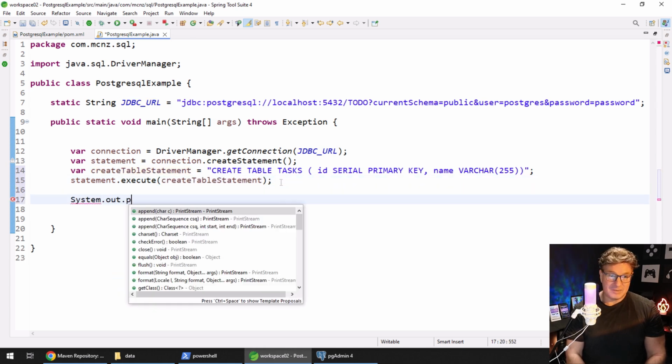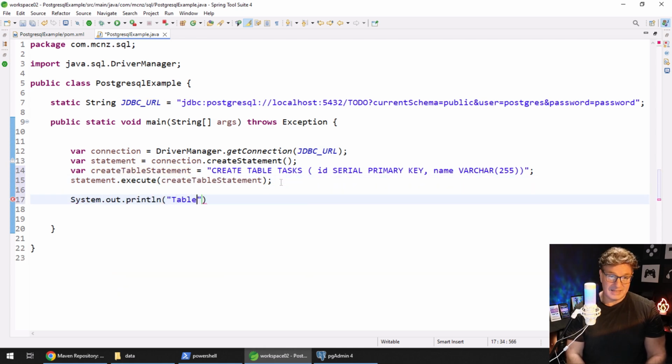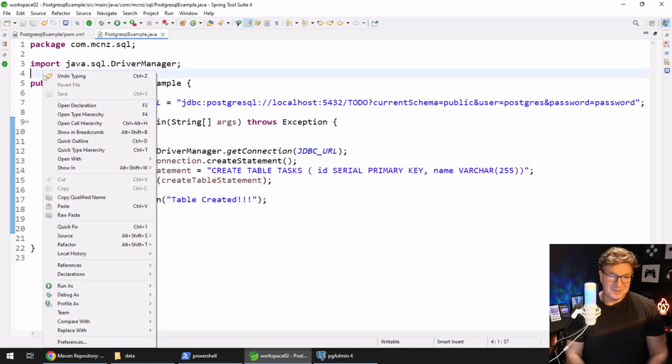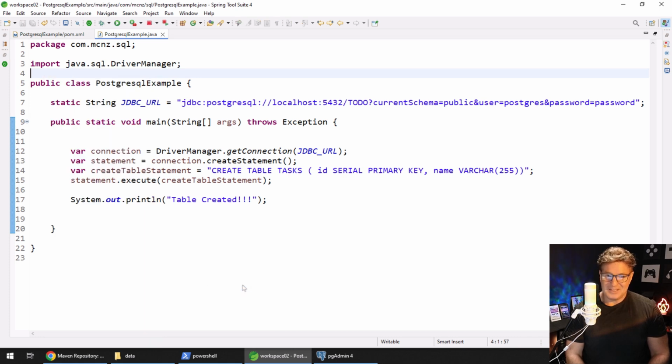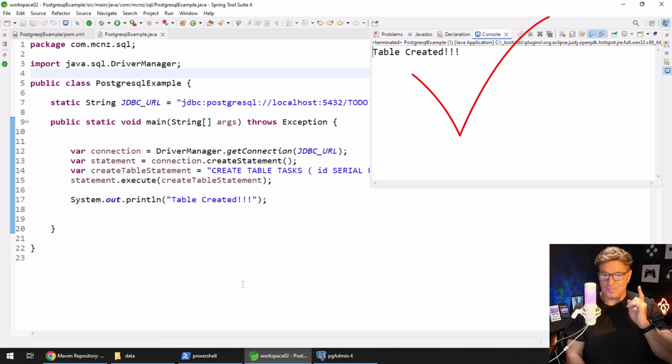I should be able to say system.out.println, table created, Control S, and I think that looks good. Now the question is, will it work? Will it run? So I'm going to say run as a Java application, keep my fingers crossed, and boom, it